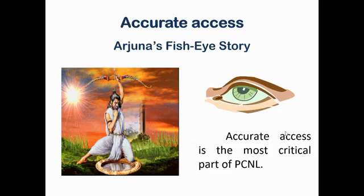It was in 1980 or a little earlier than that that PCNL came into existence, and even today a lot of us continue to find it difficult to come to terms with the morbidity of PCNL, and the reason is the difficulty in achieving access. And the reason why puncture in PCNL is difficult is something akin to this famous story